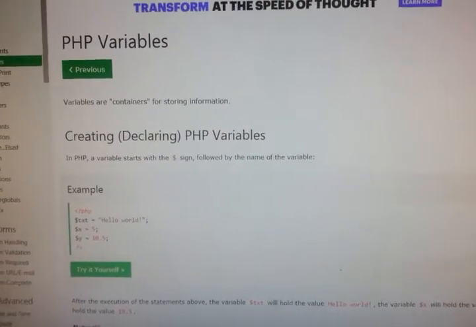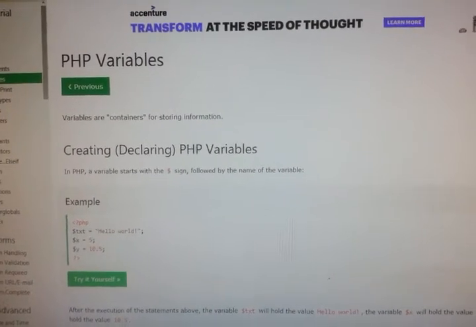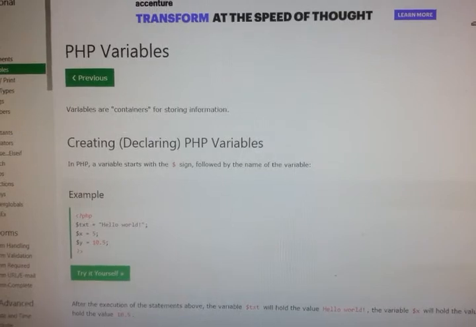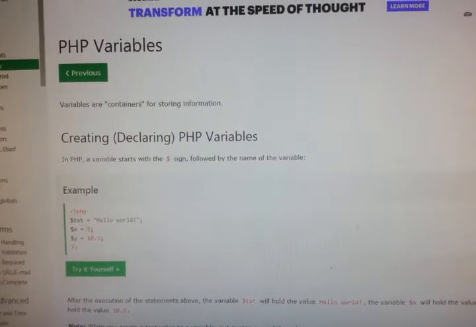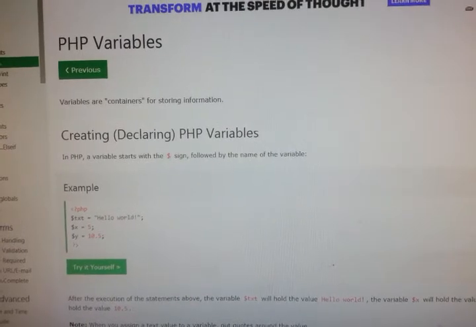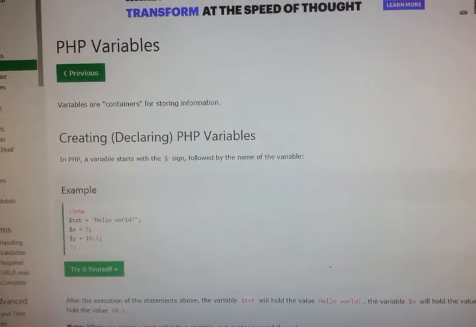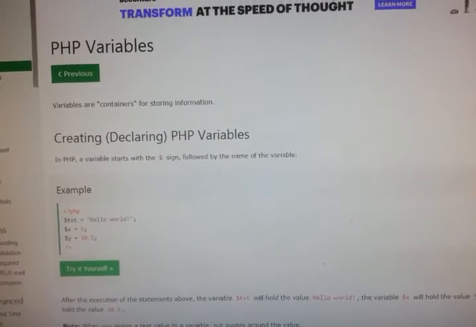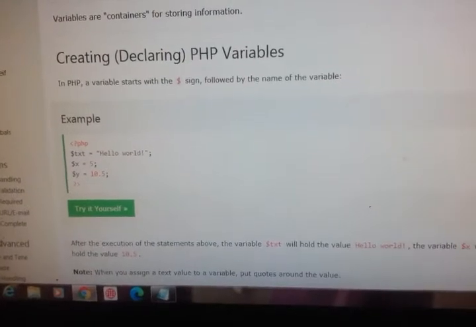In this session, we will see about PHP variables: how to create variables, how to declare variables, and how to initialize variables. All these things we will see in this session. So, how to create? In PHP, a variable always starts with the $ sign followed by the name of the variable. If you see the example,